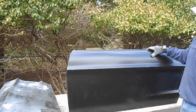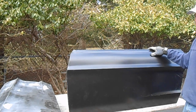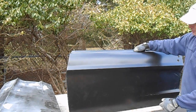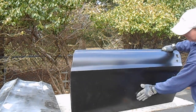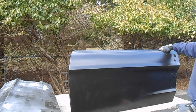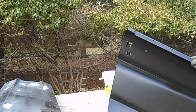dimensionally they're pretty close. They have some rough issues with the crispness of these body lines, and we'll talk about that more later. But I just wanted to show you that this is what it looks like when you buy it. It has all the outside contours. This is just dirt from these gloves that's getting on there, sanding dust from having sanded those door skins before. On the back side,